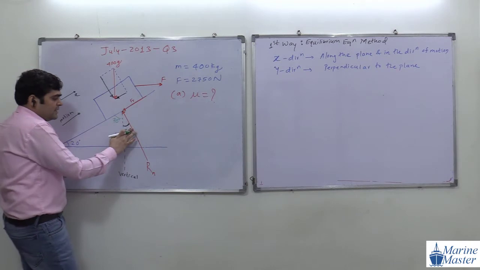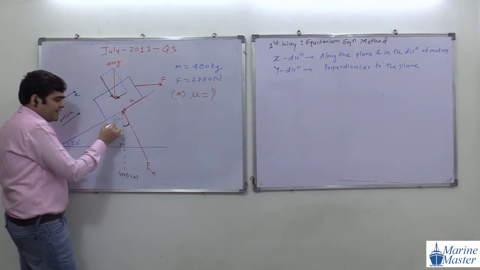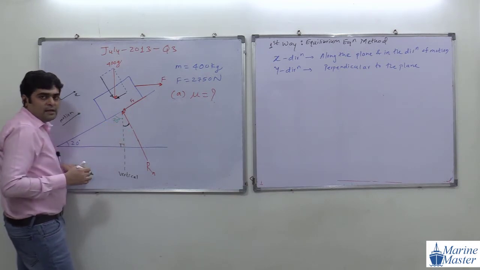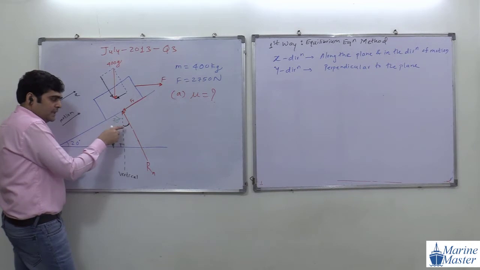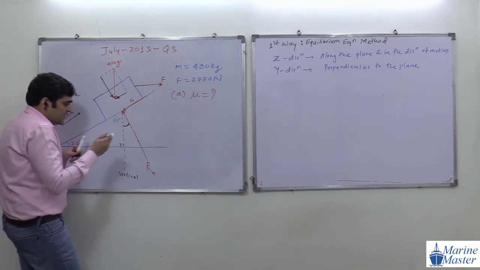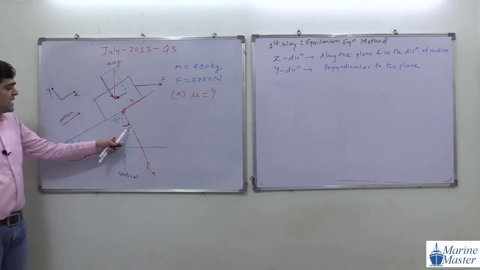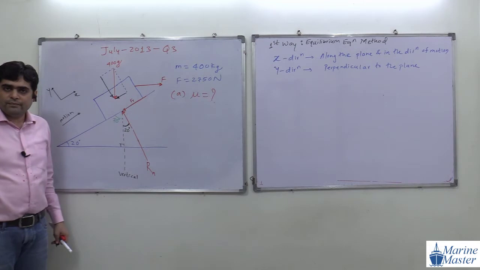Now if this is 70 degree, what will be the summation of these two angles, this green color angle and this black color angle? These two summation is 90 degree. Now if this is 70 degree, what will be that angle, guys? This angle will be 20 degree. Anyone have any doubt in this angle? How did we get this 20 degree?